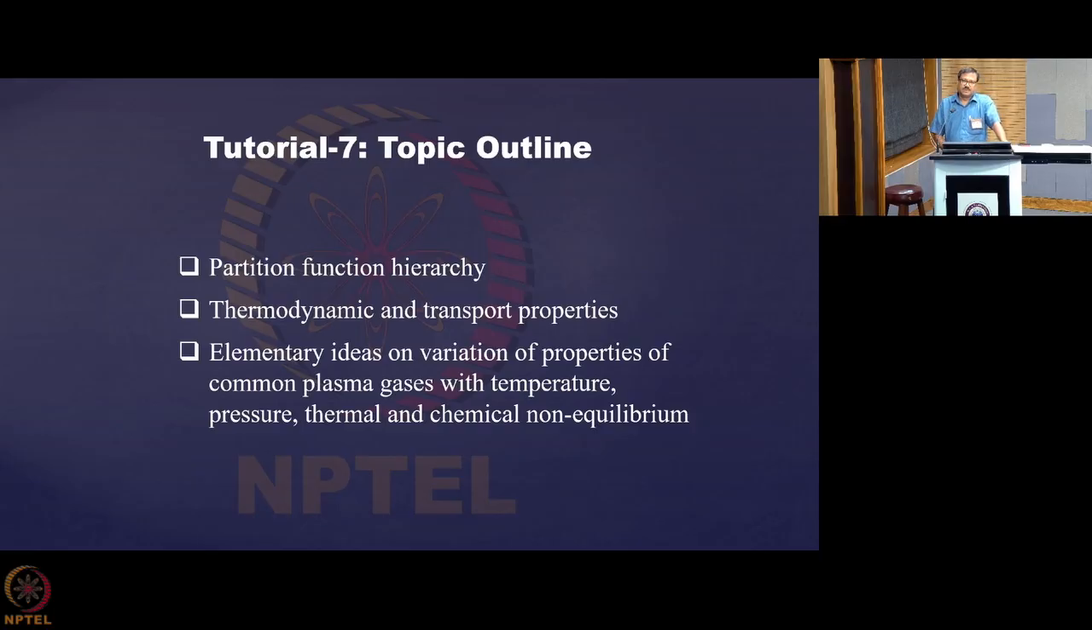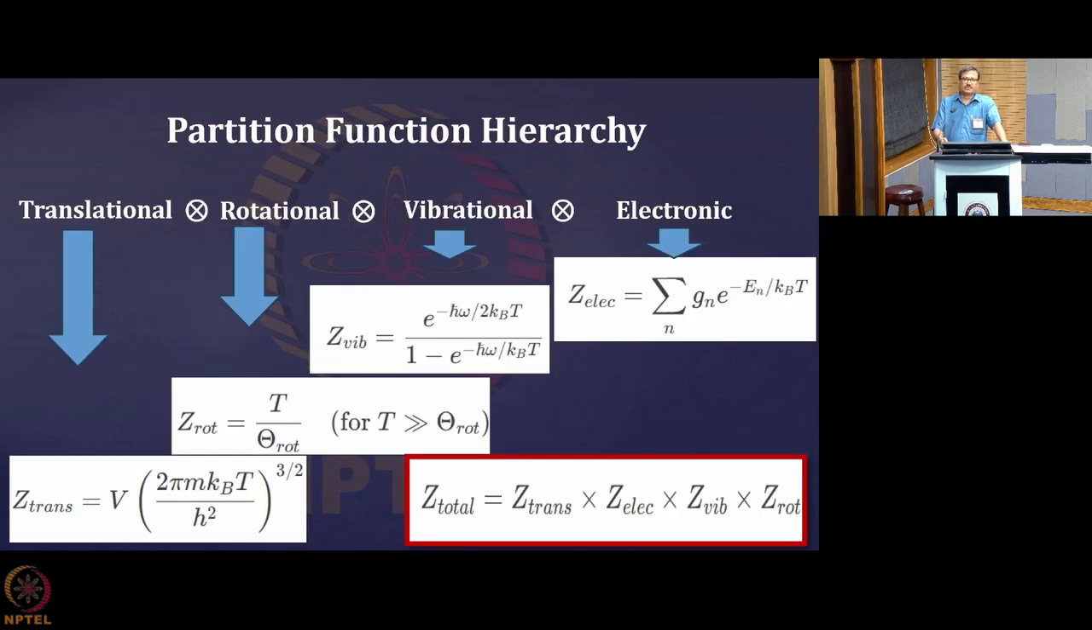So we start with the first one, that is the partition function hierarchy. The total partition function is basically the product of the translational, rotational, vibrational and electronic partition functions. Now, while you have studied most of them in your BSc or MSc classes, I would like to just summarize the results so that you can memorize